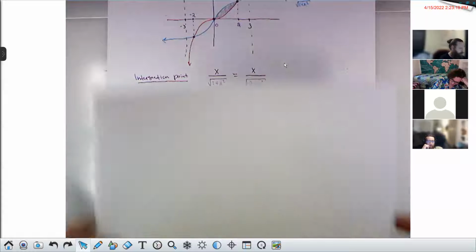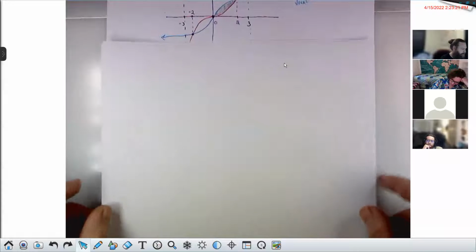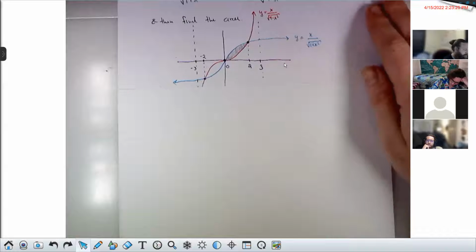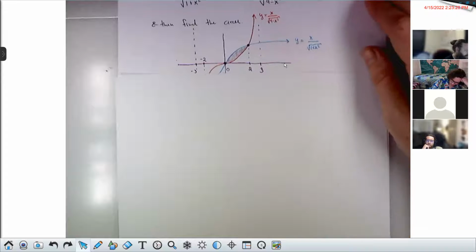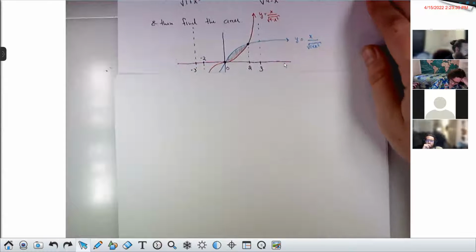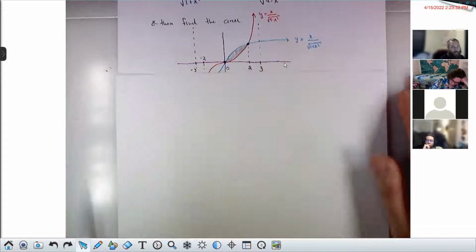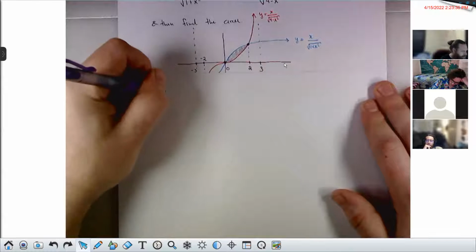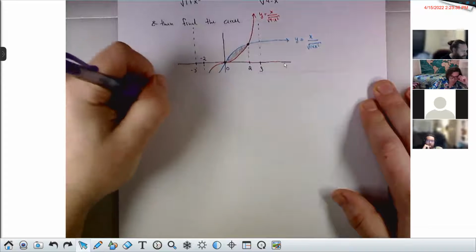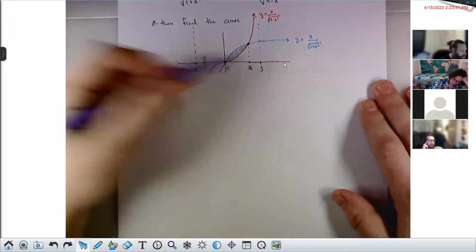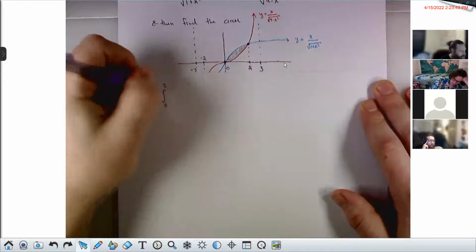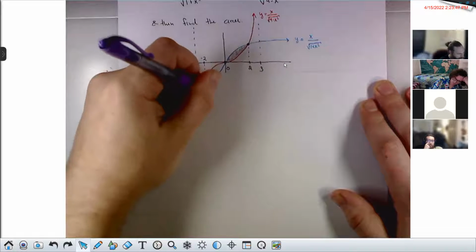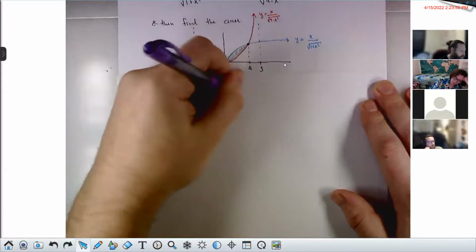So I've put all that information into my picture now by labeling those intersection points. We can come back and set up the integral. I'm going to cover up the left half there because I don't need that. I really just need the right half. That area between those two curves is going to be the integral from 0 to 2 of the upper function minus the lower function dx,